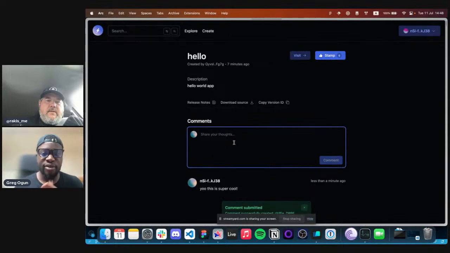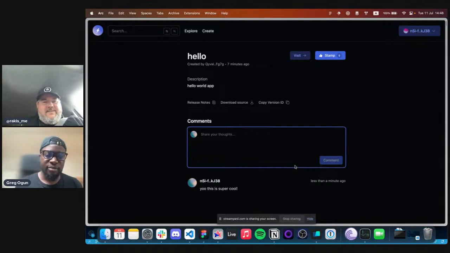So we have this commenting feature to allow people to provide feedback, maybe even share future ideas, future versions, opportunities, things like that. But all of this is part of making this really something that users want to engage in and become interested in.